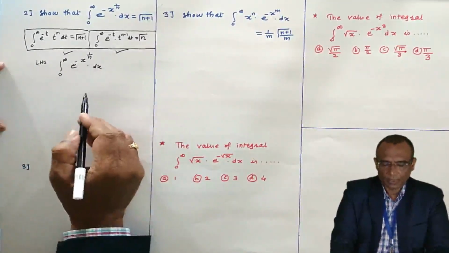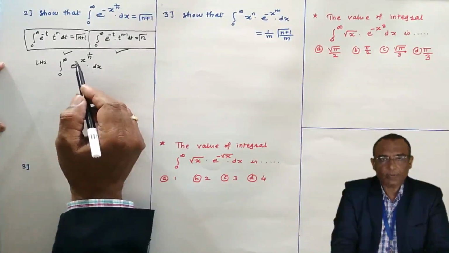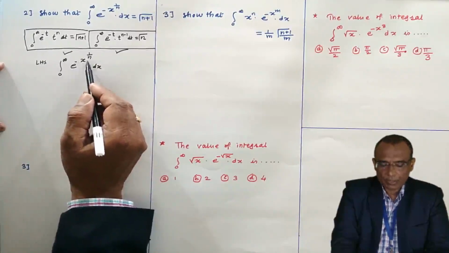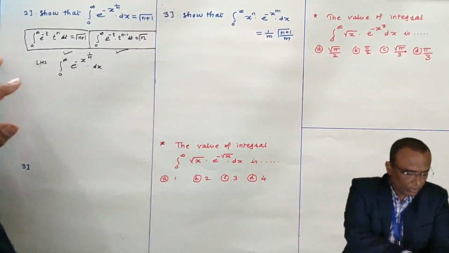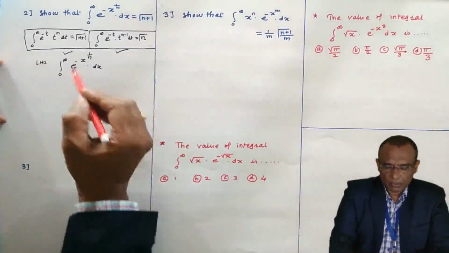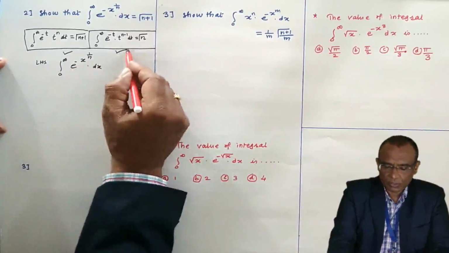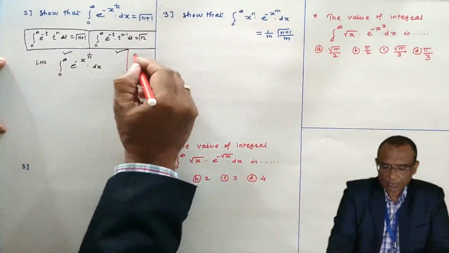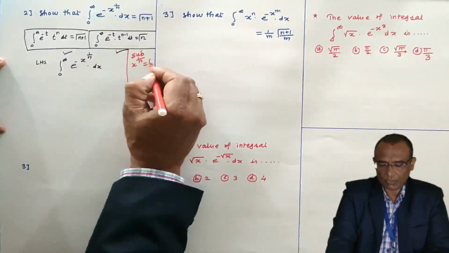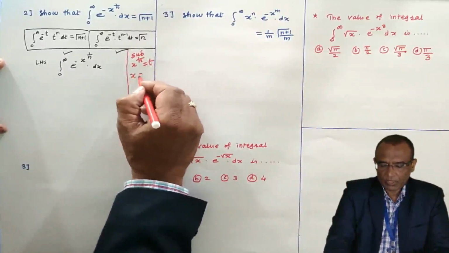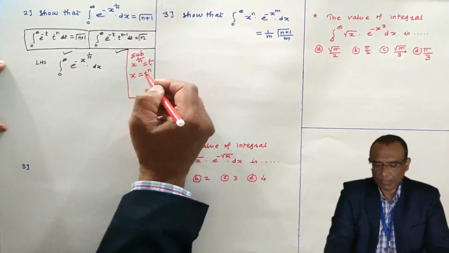This integral I want, from 0 to infinity, has an exponential to the power of a negative argument. Then it is more likely to use the gamma function. But if you use the gamma function, we want e to the power minus t, e to the power minus a linear factor. So I am going to substitute x to the power 1 by n equal to t, and x equals t to the power n. By the law of indices, shifting 1 by n to the right-hand side, it will be t to the power n.